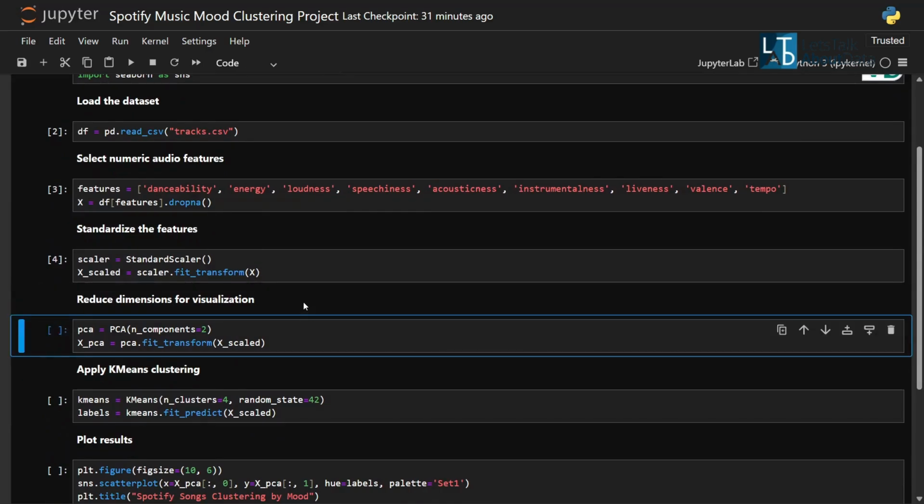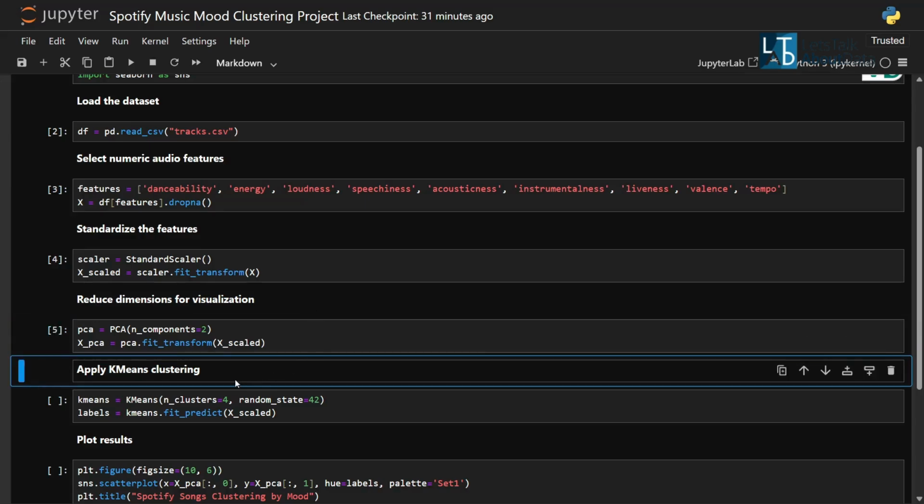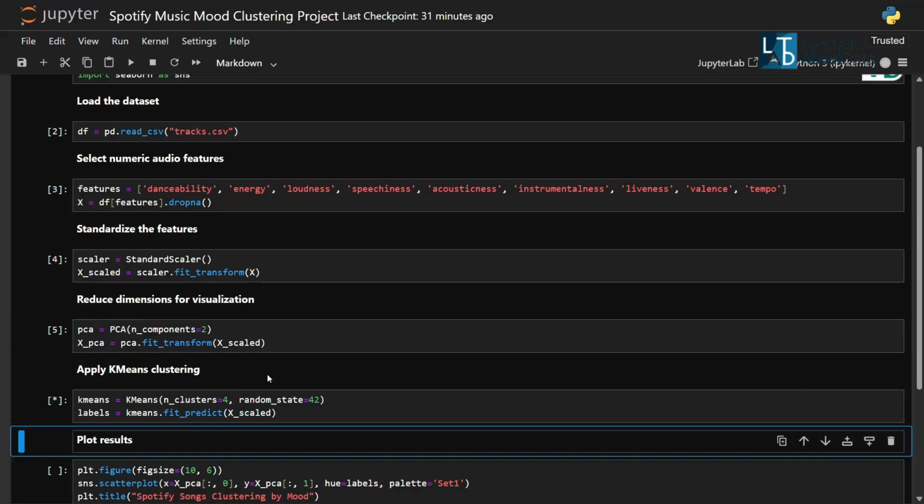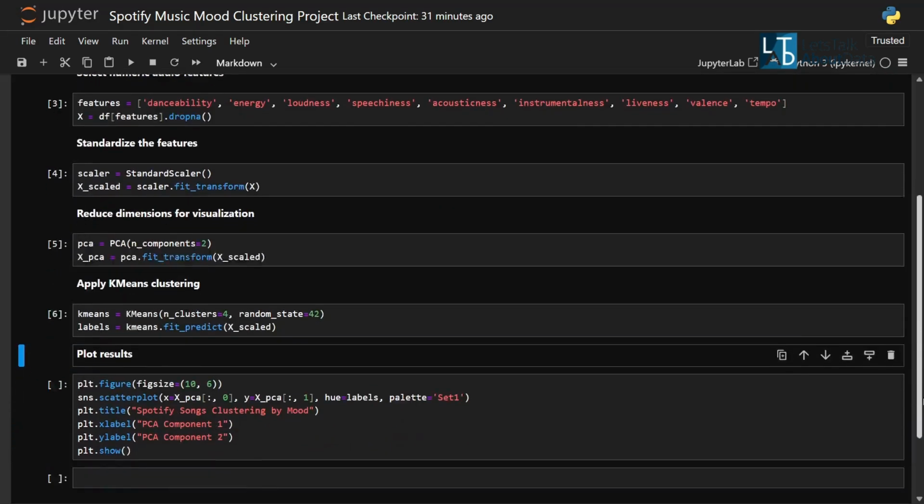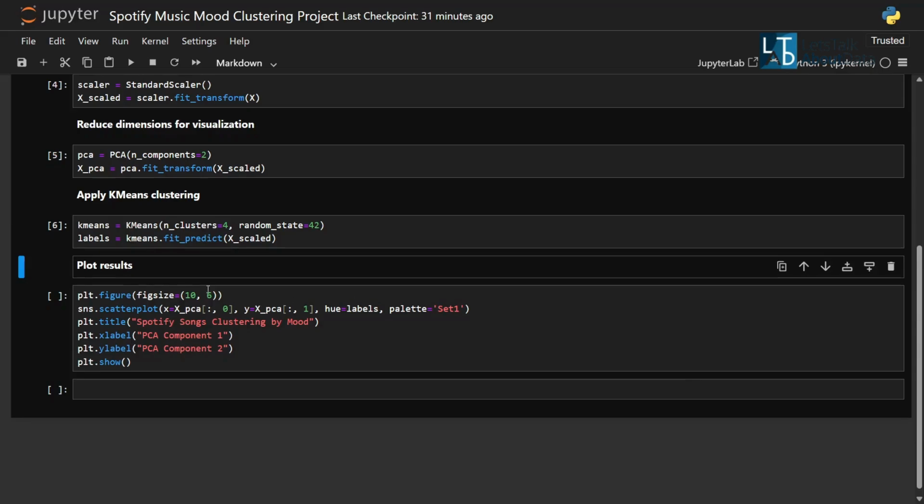Reduce dimensions for visualization. Apply k-means clustering. Plot results.